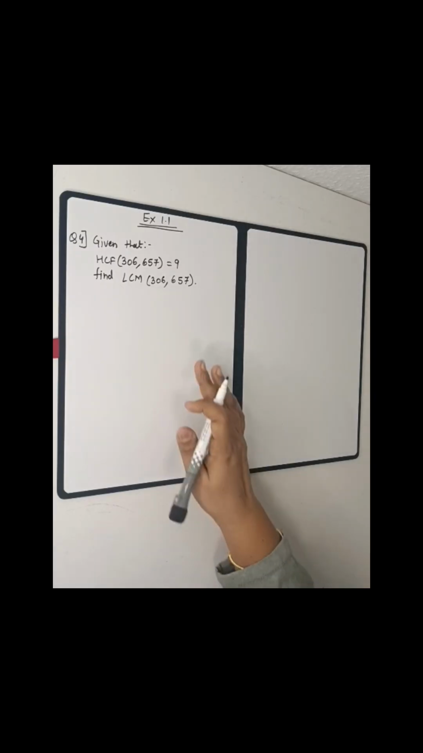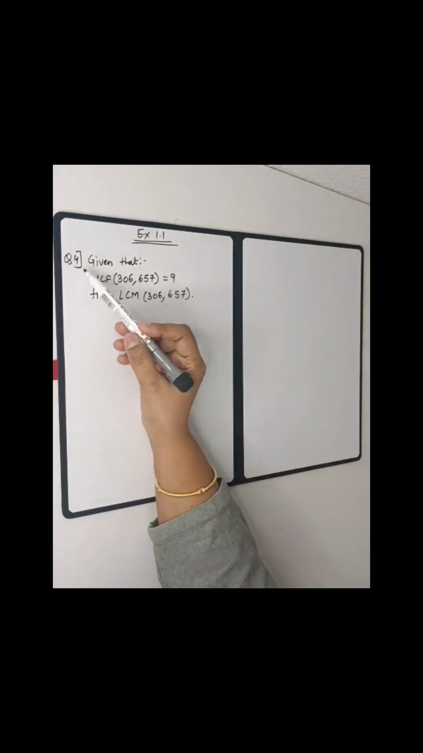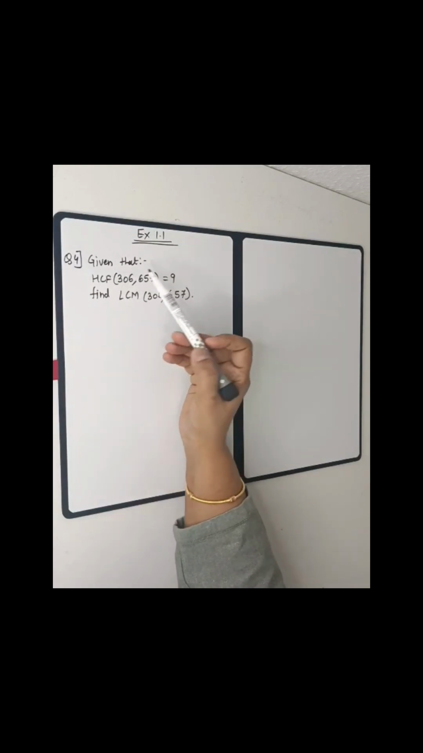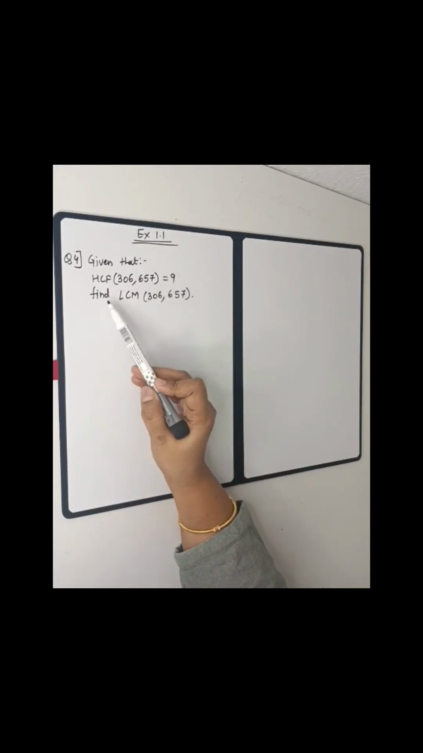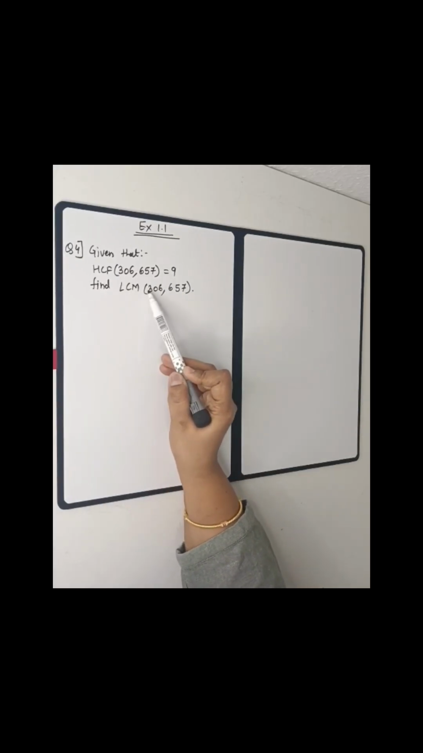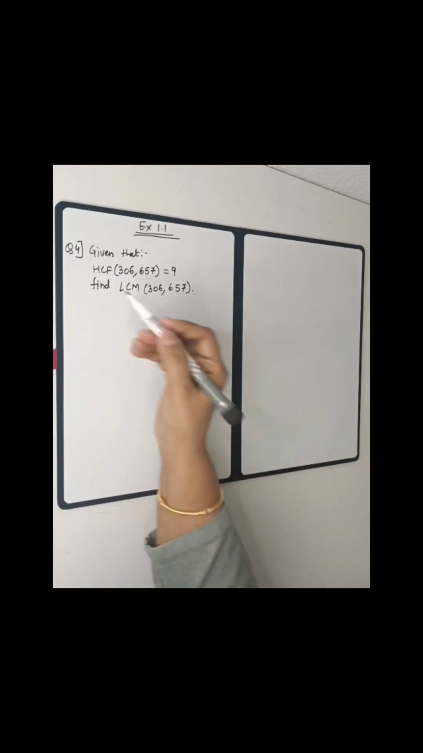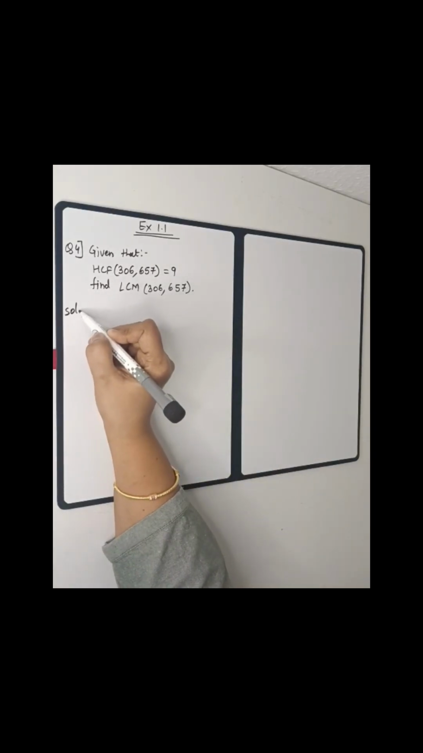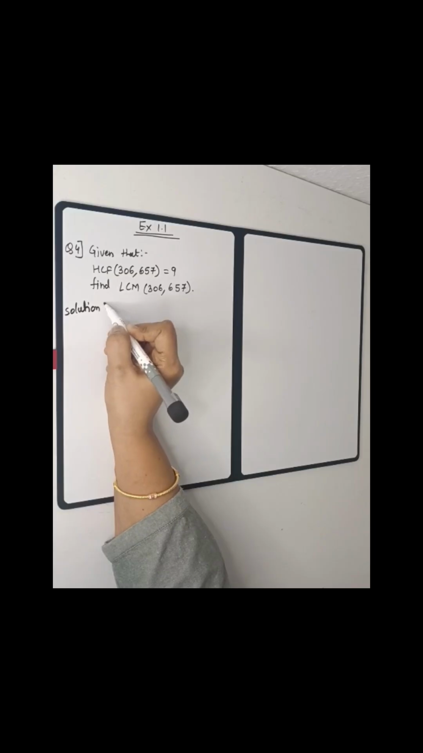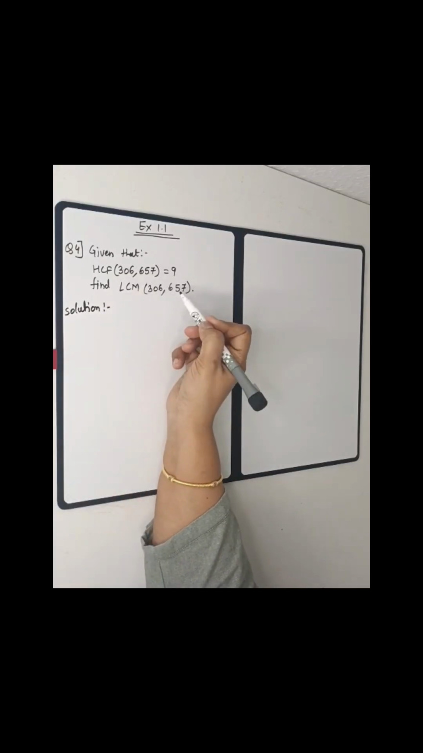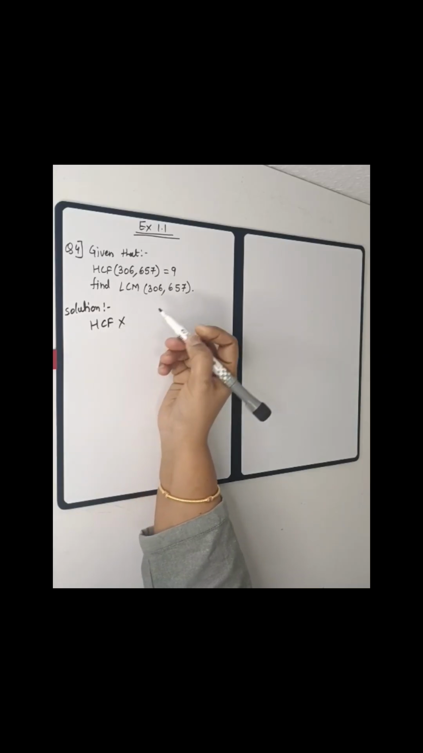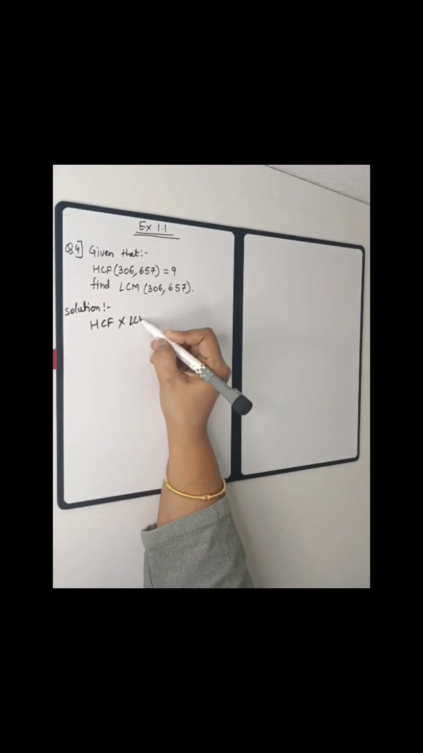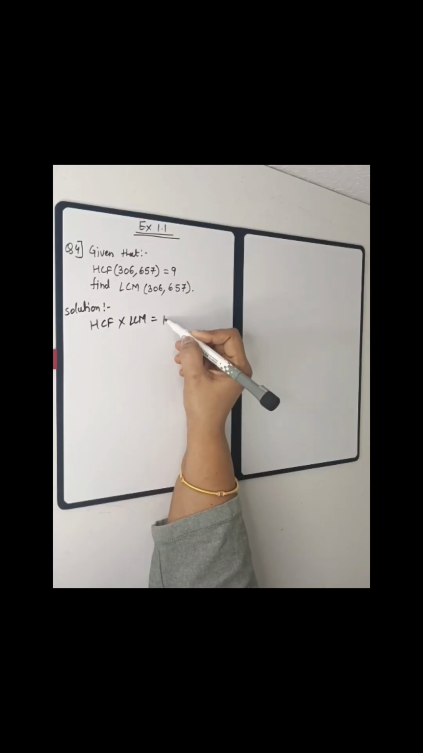Okay, so now let's see the fourth question. That is, it is given that HCF of the two numbers 306 and 657 is 9. Then you have to find the LCM of the two numbers 306 and 657. So how do we start this question? We have to state the relation between these two, which we have already done. What is it? HCF into LCM is equal to